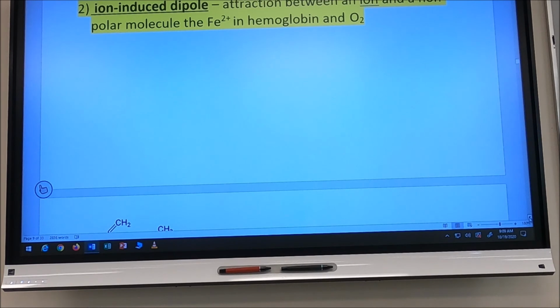Next is the ion-induced dipole. This is an attraction between an ion and a nonpolar molecule. The classic example of this is the iron 2+ in hemoglobin for oxygen. Hemoglobin is called hemoglobin. The heme comes from iron. Okay? So if we look at this interaction,